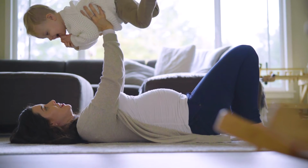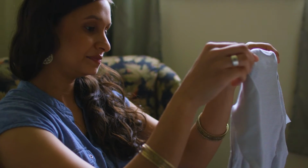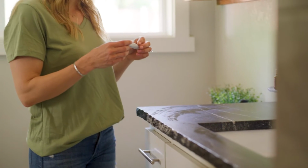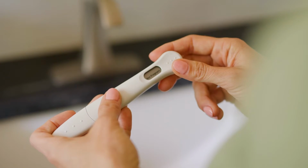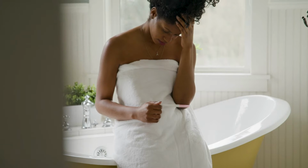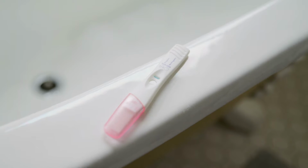I don't think it's any surprise that in the United States, more and more women are waiting to start their family, whether they're on various methods of birth control or are waiting based on their relationship or their career, and I wonder if I am going to be fertile when it's time to start my family. In the United States, the fertility rate and the infertility rate has continued to increase. So estimates are that about 1 in 8 women have some difficulty getting pregnant when they do decide to start